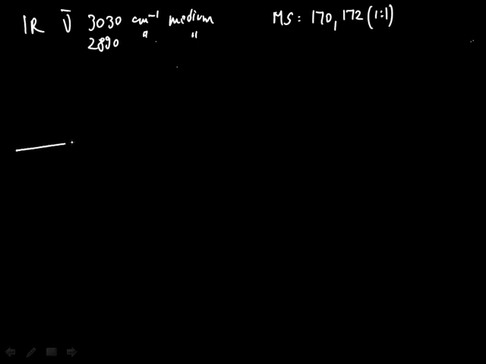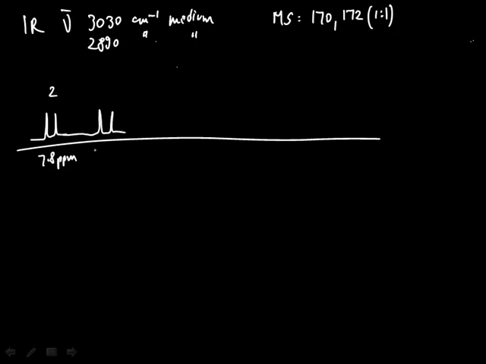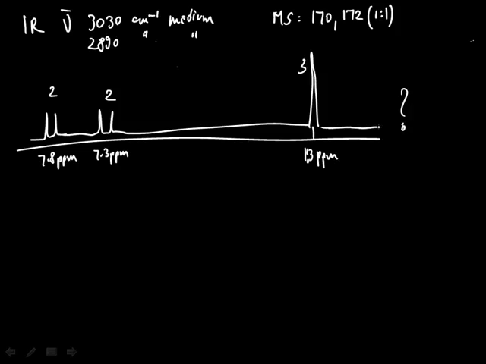And its NMR spectrum has three main peaks. There's one at 7.8 ppm, and it integrates for 2. Another one at 7.3 ppm integrates for 2 as well. And finally another one which integrates for 3 and is a singlet at 1.3 ppm. What is this compound? When you look at this combined information, you need to be relatively organized in the way you approach this